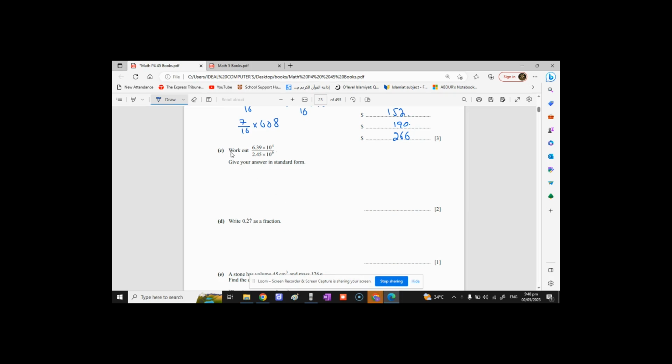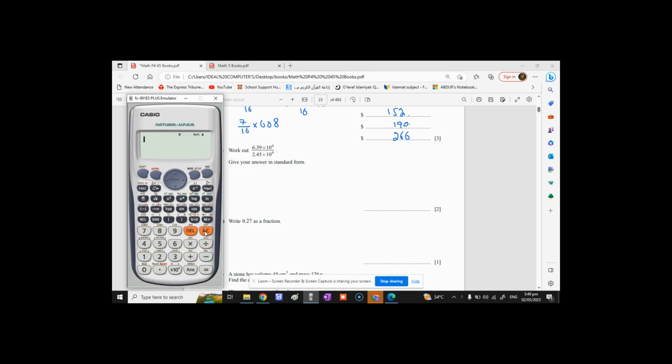Okay, so for the next part, C part, we have these fractions, and we have to give the answer in standard form. So for the standard form, first we will divide this 6.39 by 2.45. So I can just use a calculator for it. That is 6.39 divided by 2.45. The answer is 2.608,